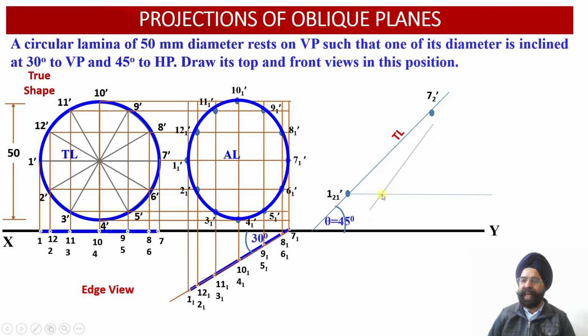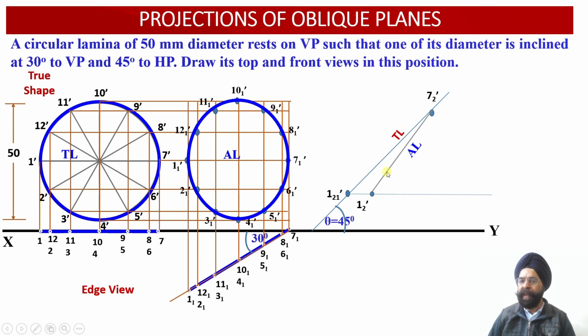So wherever we are able to mark this arc, we'll be able to find out the location of this point, and the name of this point will be 1 2 dash. So this is the apparent length, 1 2 dash and 7 2 dash. So this is the new orientation or new inclination of this apparent length, which is available with us in the